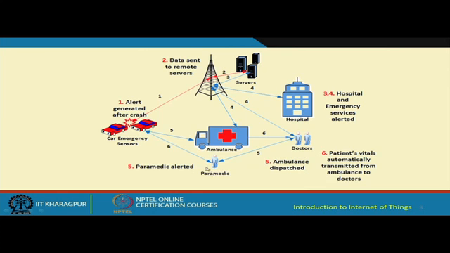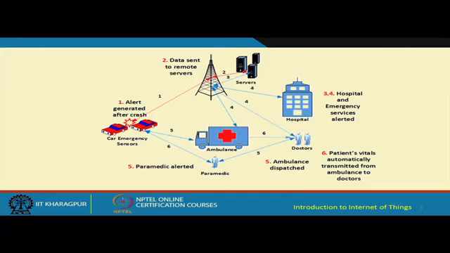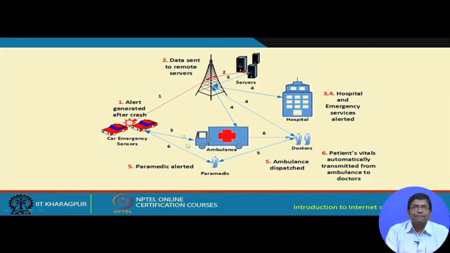As you can see over here, this scenario continues, and nowhere did a human come into the picture. Humans can be the receivers, like doctors receiving the information, but humans were not operators and did not perform any operation on the network. So this is completely an M2M scenario that has been shown in this particular figure.